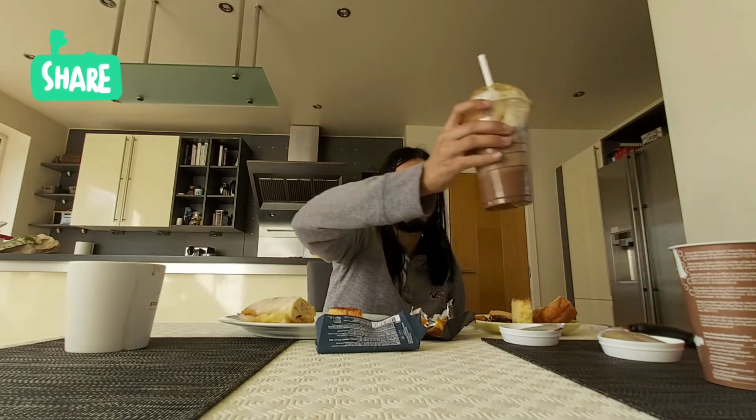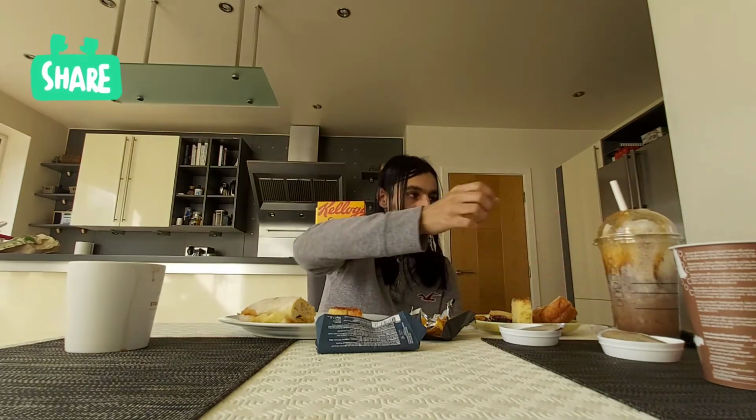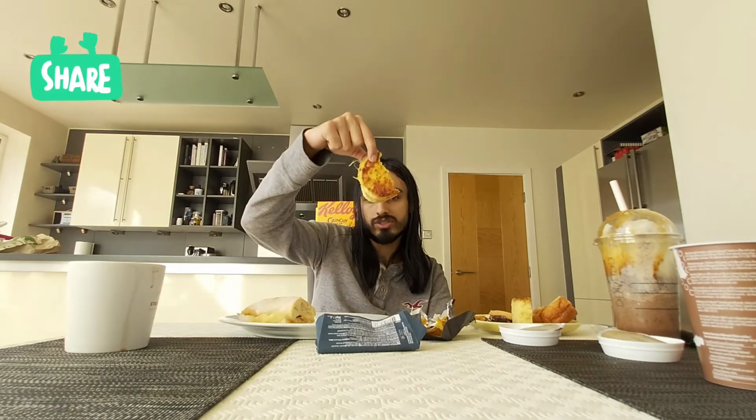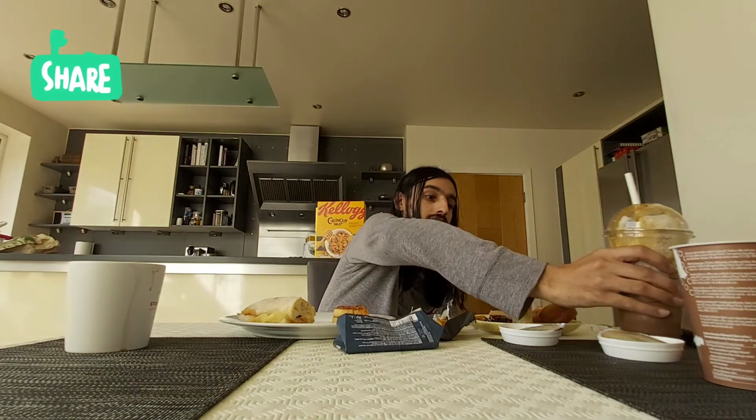Okay. Now the creme frappuccino. Okay. So there you have it. The winners are the 5-cheese grilled cheese sandwich from Starbucks, the Starbucks milk chocolate candy bar, and the Cadbury cream